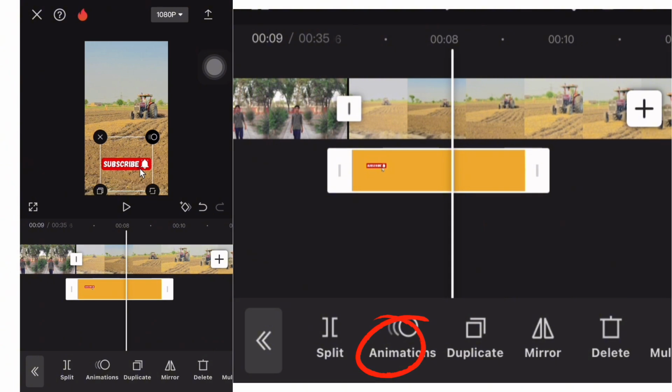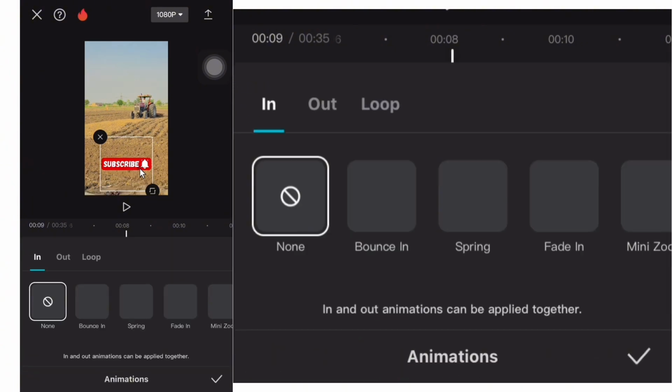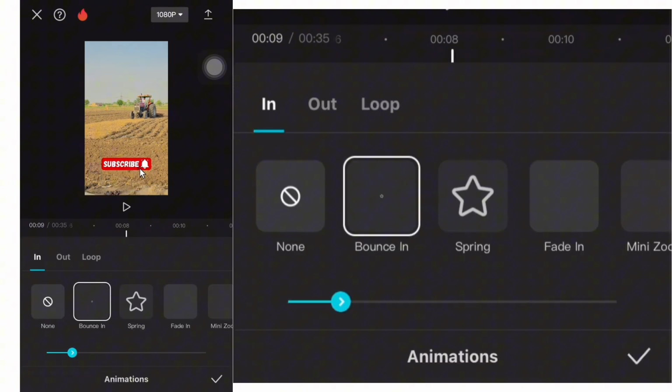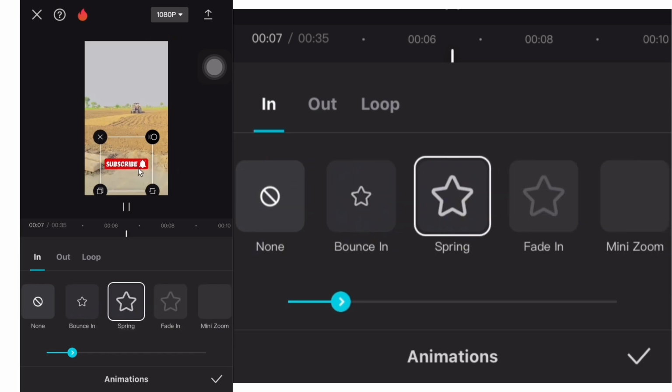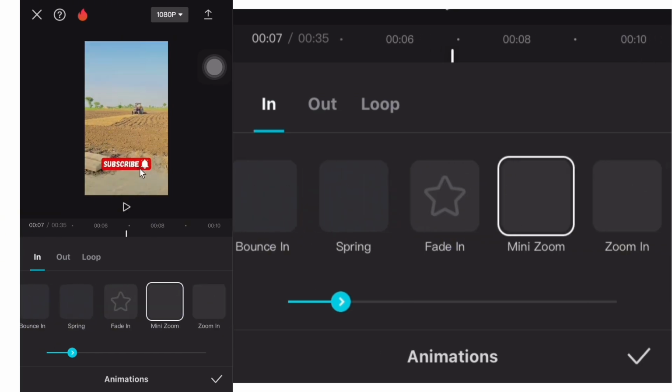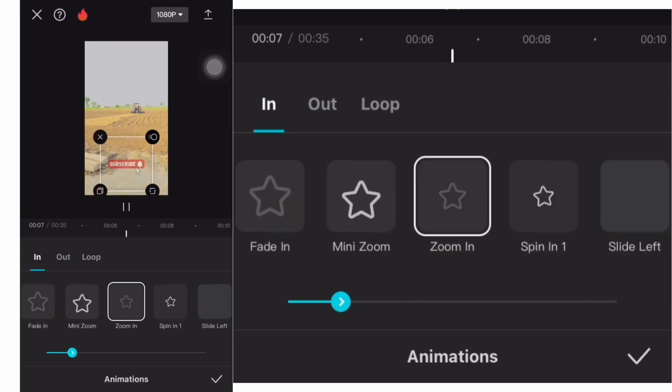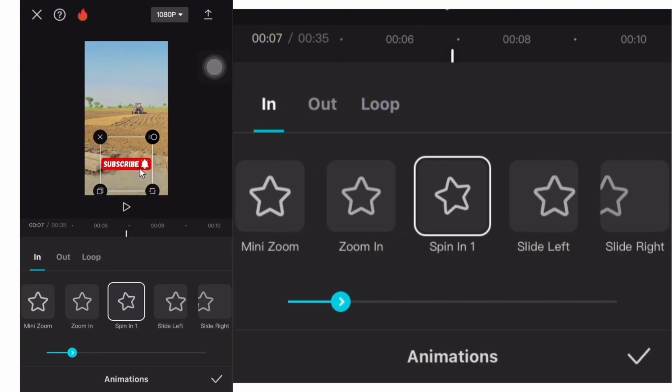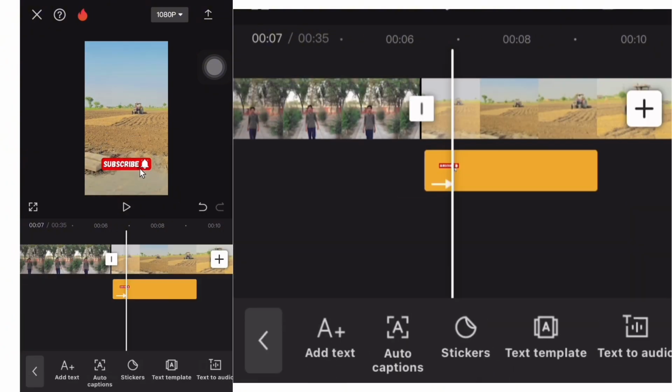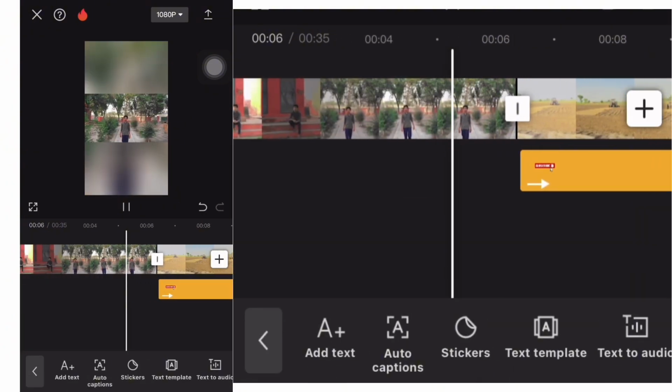Tap here on Animation. Here you can see in, out, and loop animation on stickers. Add any of these you want. As you can see,